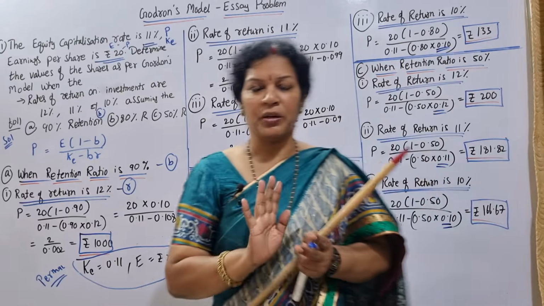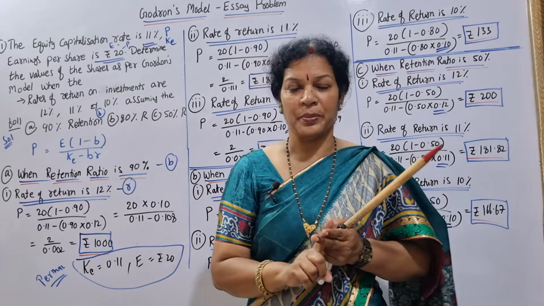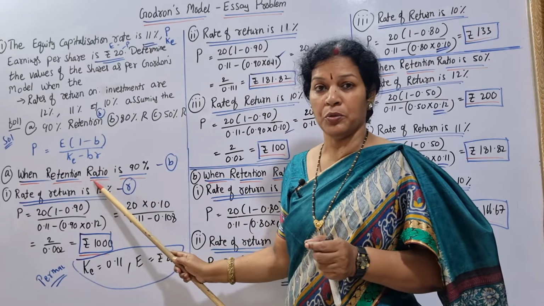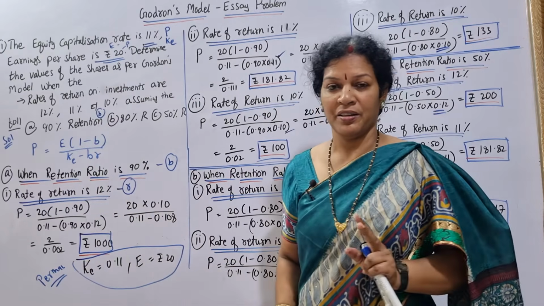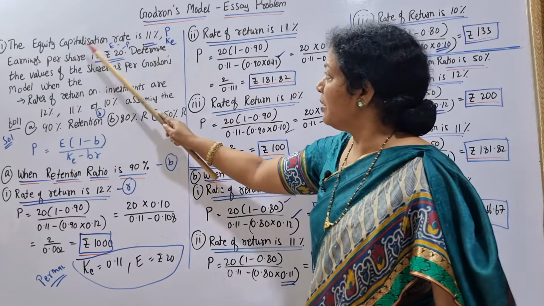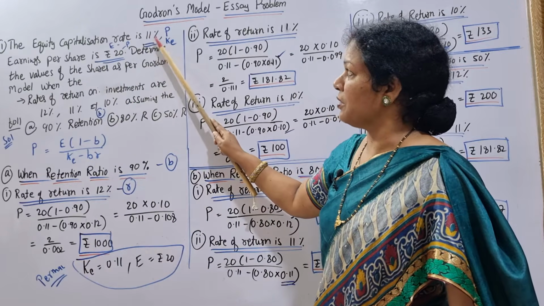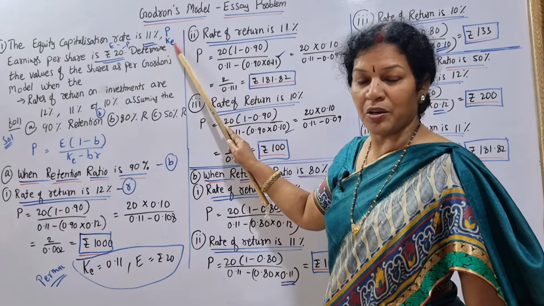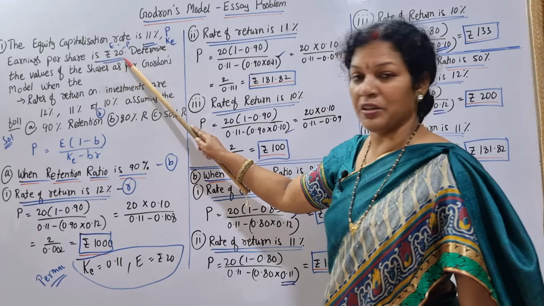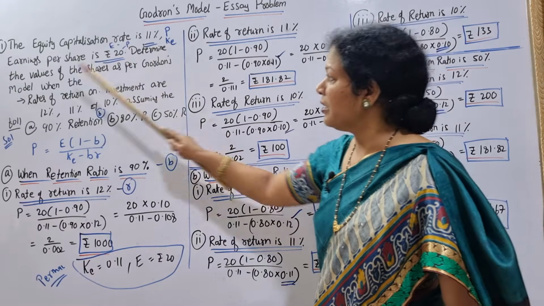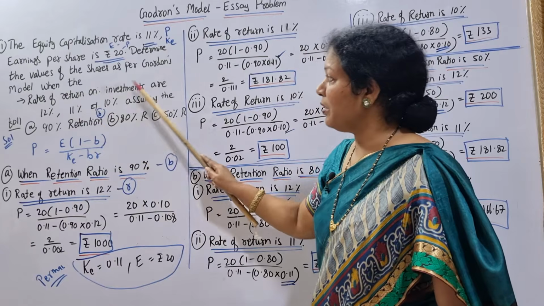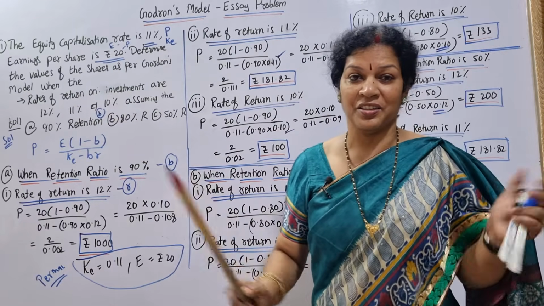Now in this problem, what we have to do is apply Gordon's method. The formula, remember, is E into 1 minus B by KE into KE minus BR. So this is the formula we know. Now in the problem, what is given? First one is the capitalization rate, that is KE, cost of capital, 11%, and earnings per share E, 20 rupees. Determine the values of the shares as per Gordon's method